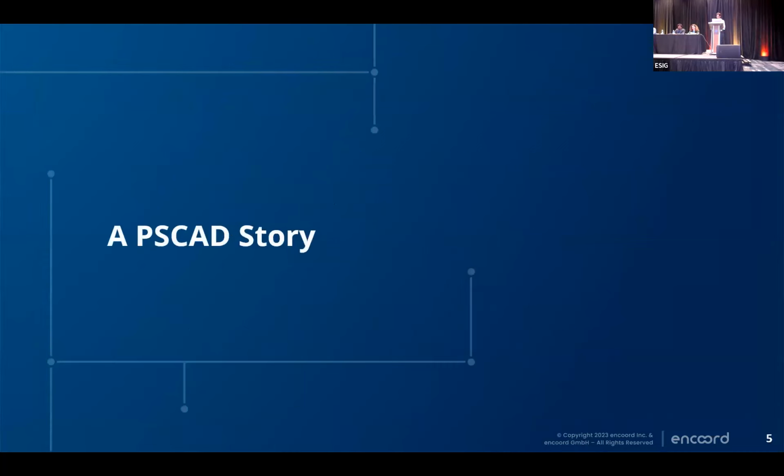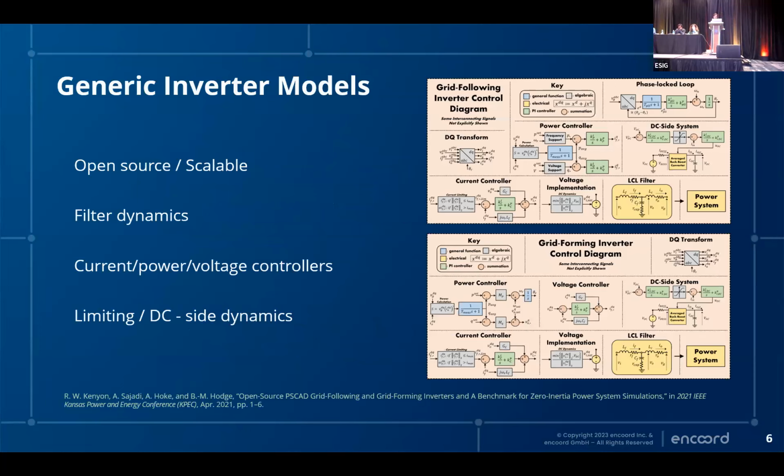So where does that leave us? Well, I'd like to tell you a PSCAD story, the simulation tool to save us all. That's a joke, by the way. Power Systems Computer-Aided Design. During my time at NREL, I spent a whole lot of time building a Maui power systems model. If you're going to build a model in EMT, you're going to have to build generic models because in this model of the Maui power system, there was a huge amount of distributed generation that had to be modeled with inverters. So we made these open source models. They're out there. You can use them if you like. They work in PSCAD. PSCAD stands for Power System Computer-Aided Design. They have filters.